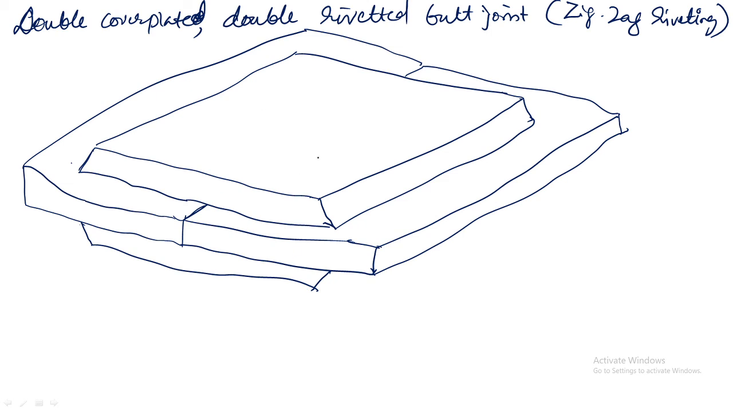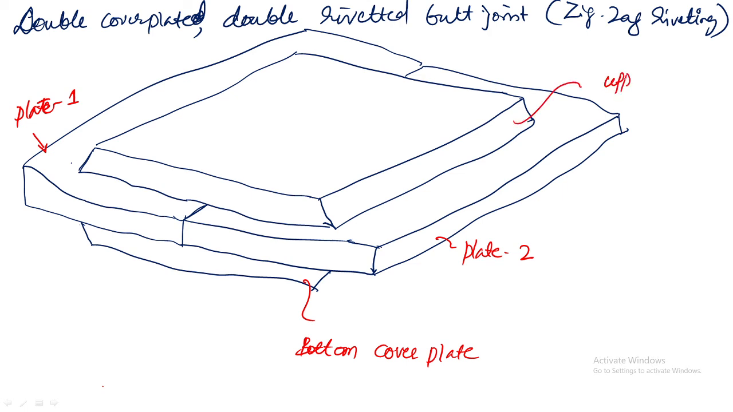Now look out here. This is plate 1. This is plate 2. This is the bottom cover plate. This is the upper cover plate. Now, if the rivets are placed in such a way that